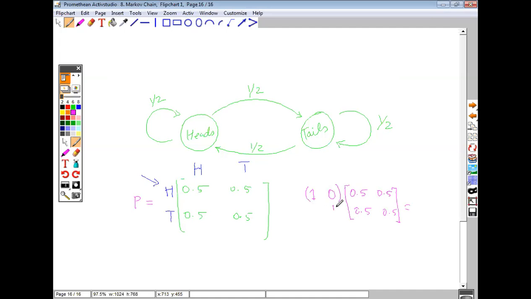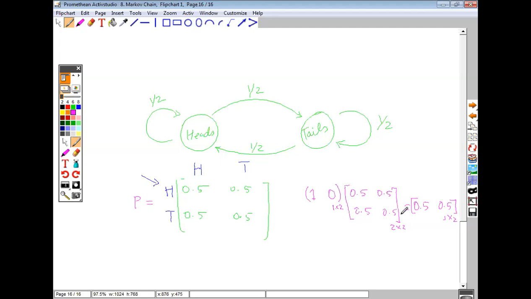So again, this is a 1 by 2 vector and this is a 2 by 2 matrix. So you expect a 1 by 2 vector here. So you can just write something like this, and what you will have is 0.5, 0.5, right? So this will be your